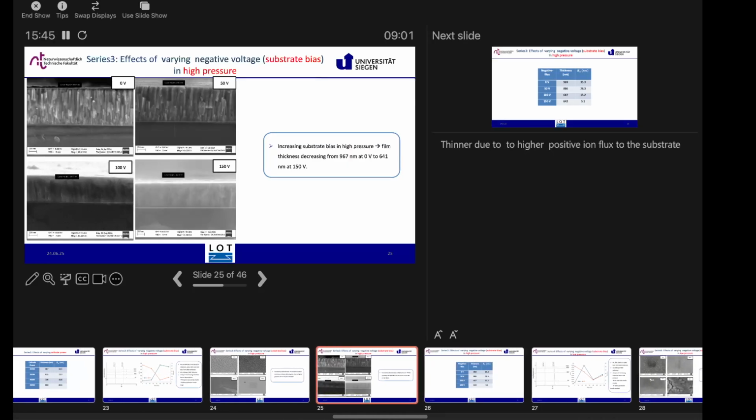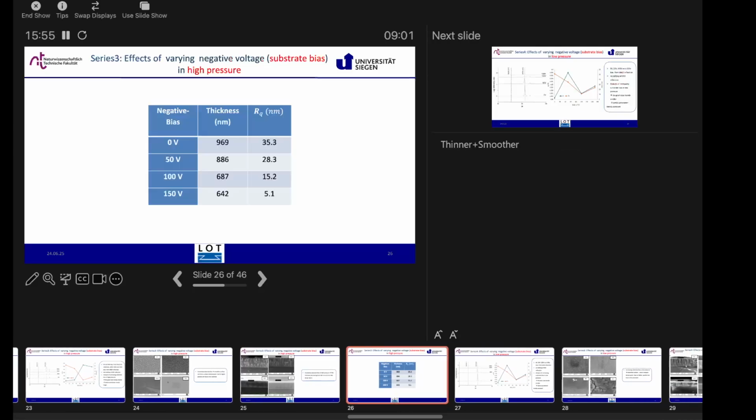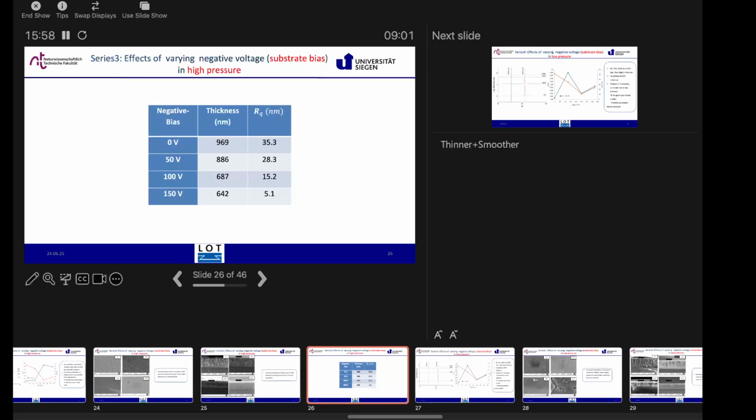Now, coming to the cross-section of substrate bias at high pressure, in this case we still have an all columnar structure with a thinner thickness trend. Here shows again the conclusion of the thickness and the roughness for substrate bias at high pressure. The thickness is decreasing, starting at 969 nanometer at 0 volt, still decreasing and ending up at 642 at 150 volts. For the roughness, it's also decreasing. We start at 0 volt at 25.3 nanometer and it keeps decreasing, 28, 15, and ends up at 5.1 at 150 volts substrate